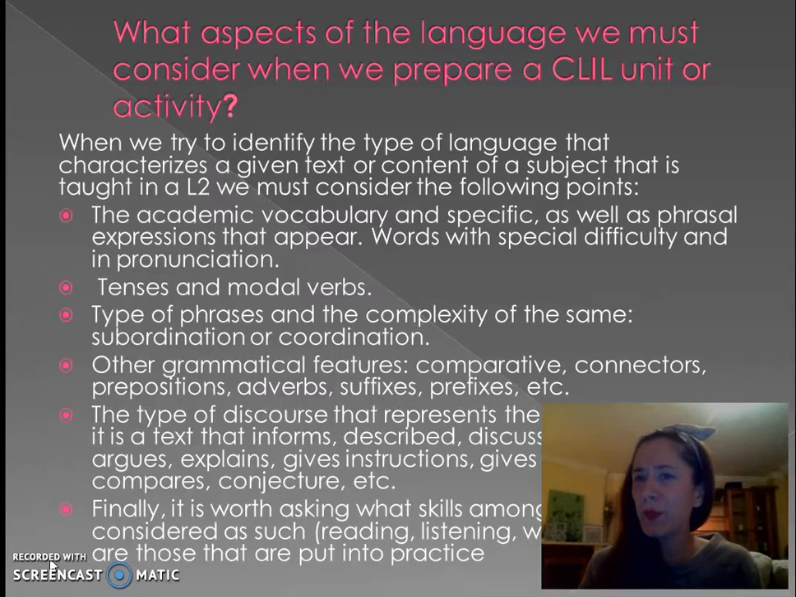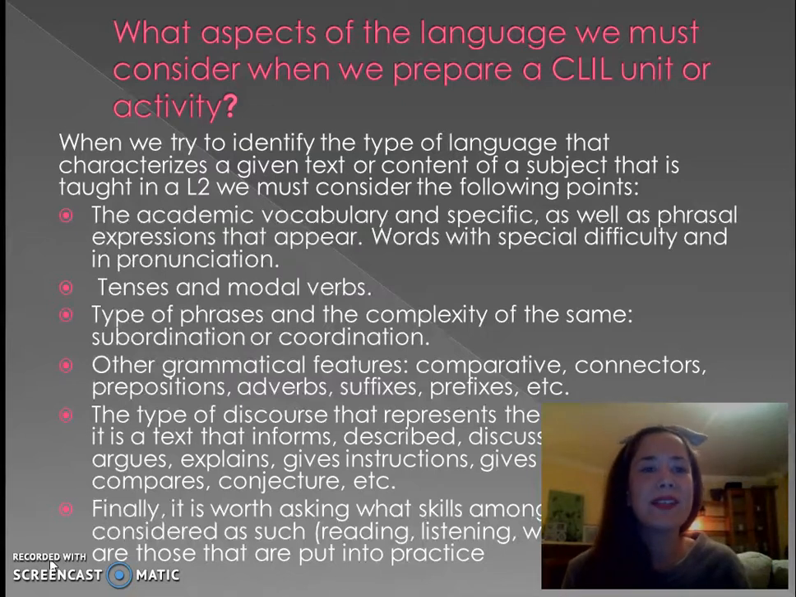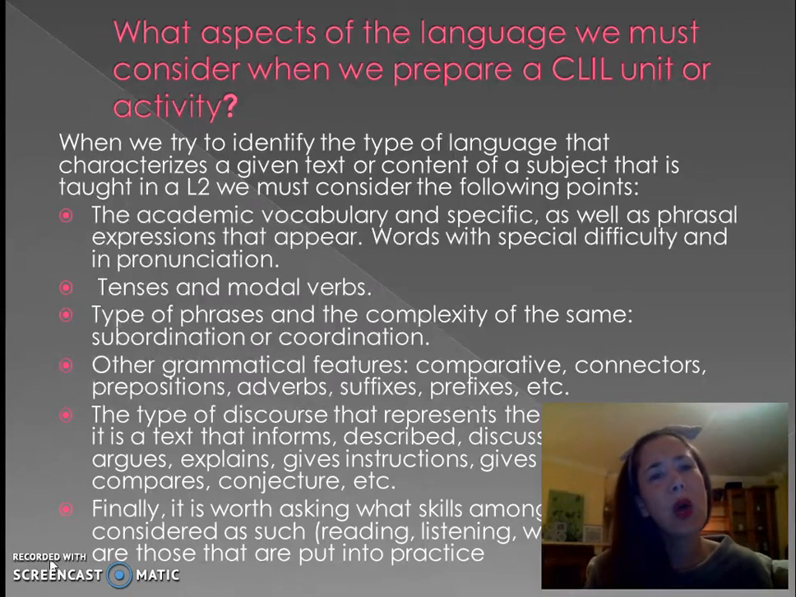What aspects of the language must we consider when we prepare a CLIL unit or activity? When we try to identify the types of language that characterize a given text or content of a subject that is taught, we must consider the following points: the academic and specific vocabulary, as well as phrasal expressions that appear,